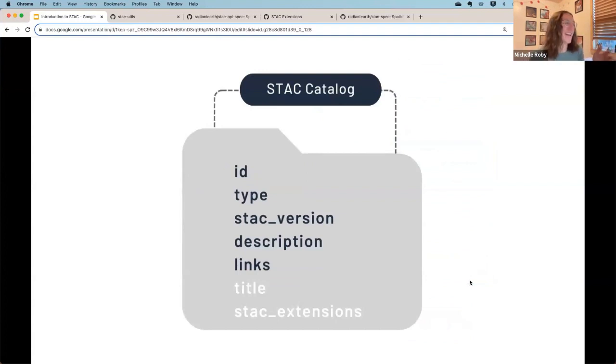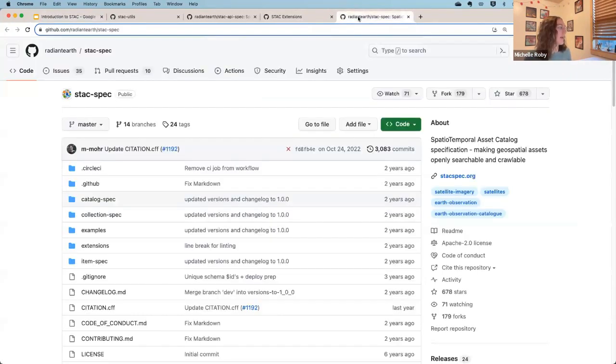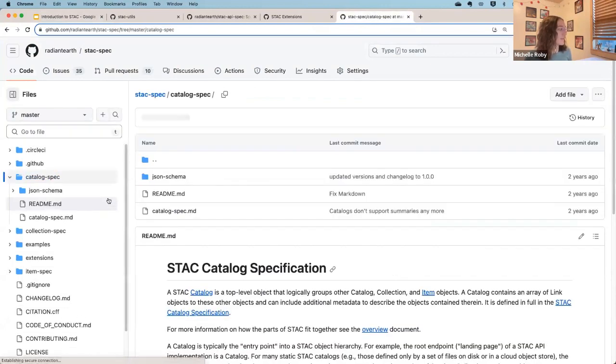Same goes for this one. This graphic is the explanation of the components that are necessary in a STAC catalog. If I pop back over to the GitHub page for the STAC spec, there is the catalog specification, which is what we're looking at right now.